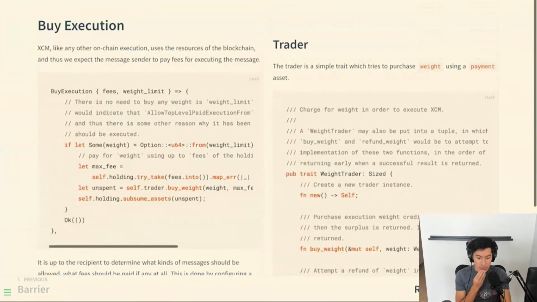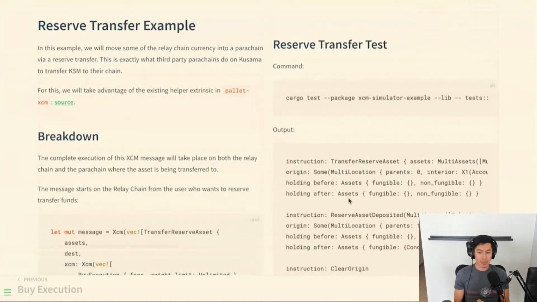Okay, so now we're gonna do a reserve transfer. Let's talk about it. The first example we did was a simple transfer. So again, we had the parachain send a message to the relay chain, but the transfer itself happened within the relay chain. So it was like a single chain transfer. We withdraw and deposit assets all within a single chain environment, consensus system. To do a reserve transfer, we're going to actually have to do things across two different